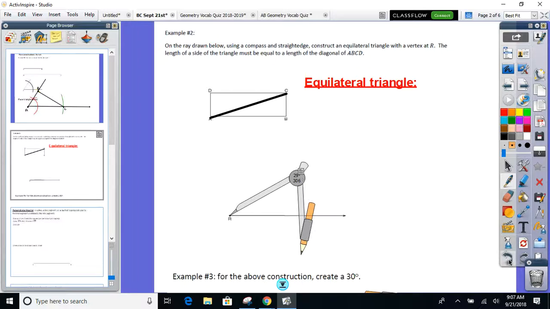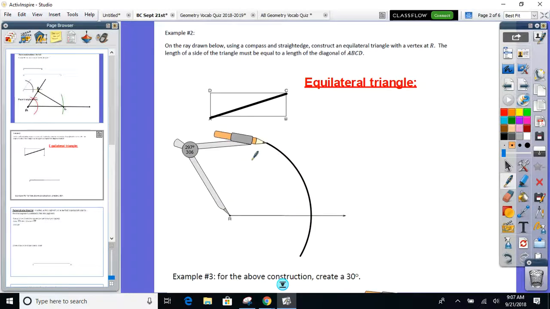Why did I have to do such a big arc? Okay, so I have one side of the equilateral triangle right here. That's the length of the diagonal right here. Do I have to go back and remeasure? No, why not? It's already open to that diagonal. All I'm going to do, any thoughts? I don't want to just give it away. Any thoughts here now? What I could do